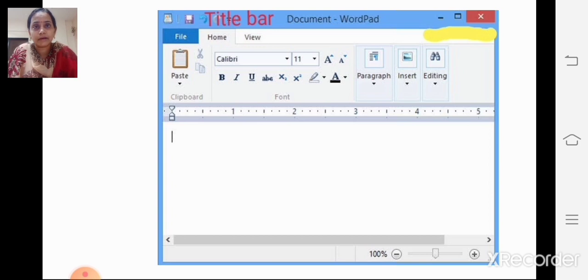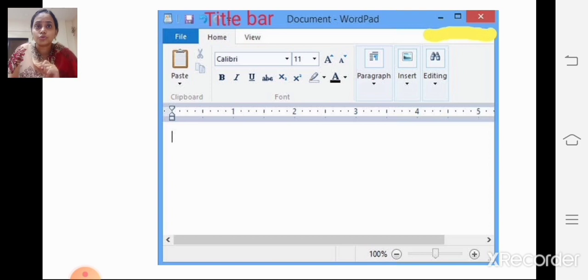After this minimize button, there is one square. It is the maximize button. What is this maximize button? When you click on this button, your window will get enlarged. Enlarge means you can make your window big. Now it is in small size. On the monitor you can make it full size, like your monitor size. Children, this maximize button will enlarge the window.